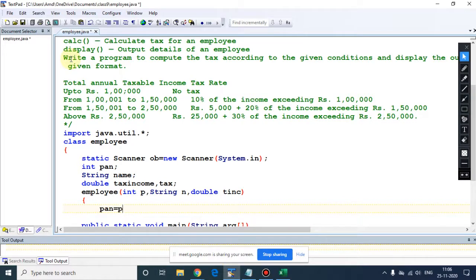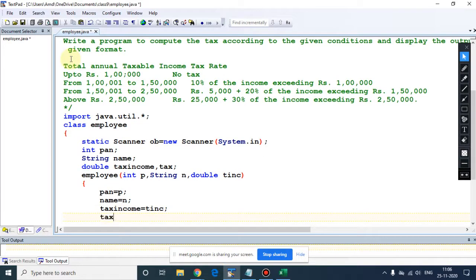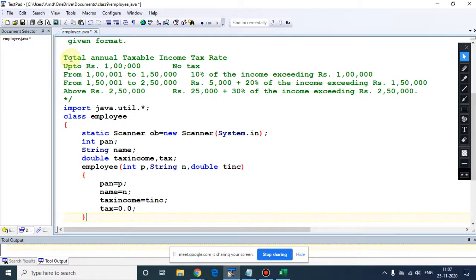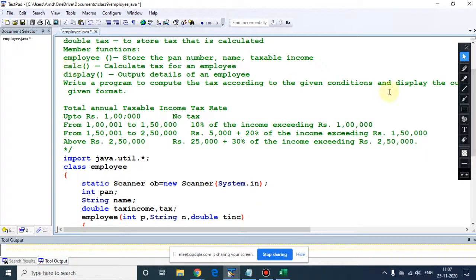So PAN equals P, as everybody knows, name equals N, and T income equals, sorry, tax income. Any confusion here? After that tax you need to initialize. Am I clear till here? Yes. Everyone? Okay. Good. So here we have declared the constructor.